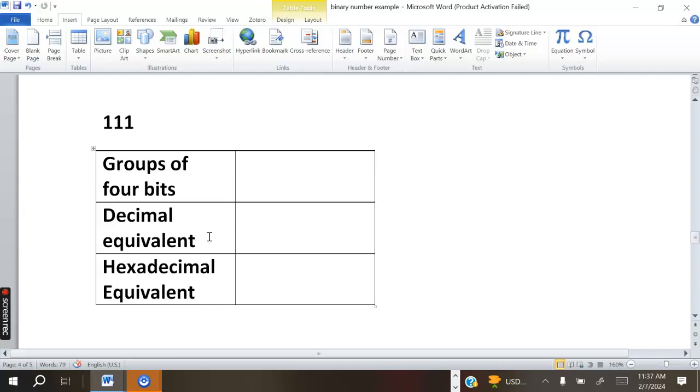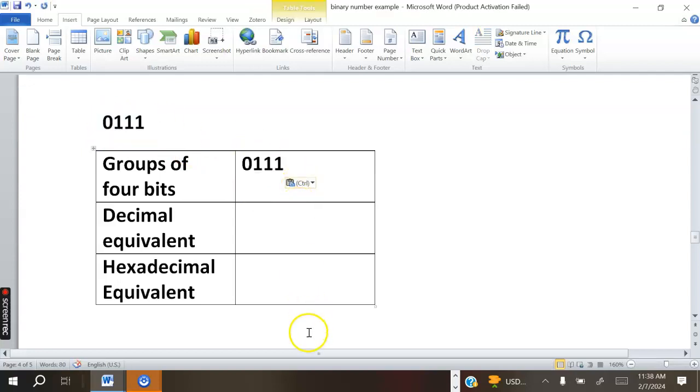Alternatively, if you are dealing with a fractional number, you are supposed to add 0 on the right-hand side. So for the integral, you add 0 on the left side. So I'm going to add another 0 on the left side since this is an integral part. Then you write your number